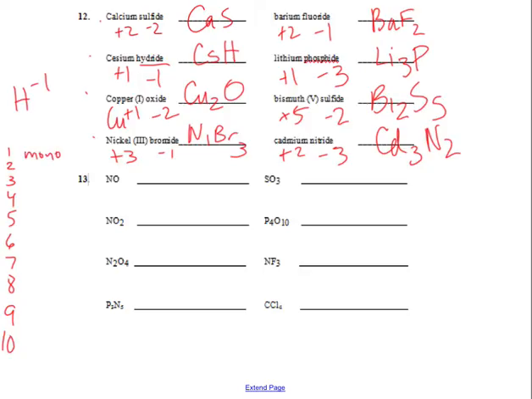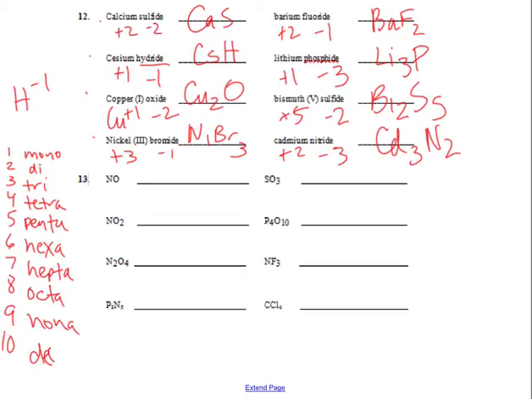Mono, 2. Di, 3. 4. Tetra, 5, 6, 7, not septa, septa's geometry, 8, octa, 9, 10, deca. Now, I'm not going to freak out if you leave off a vowel or something, because sometimes you get things like